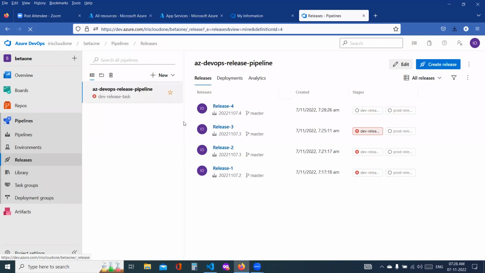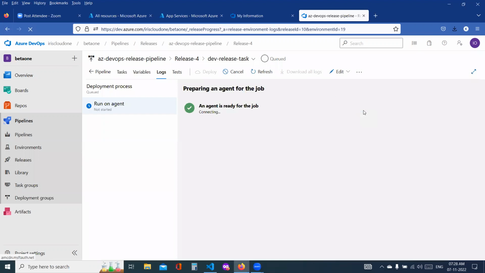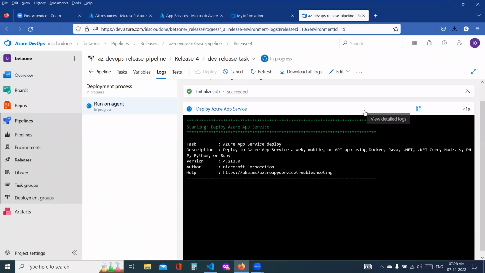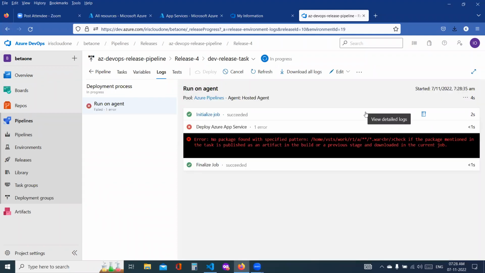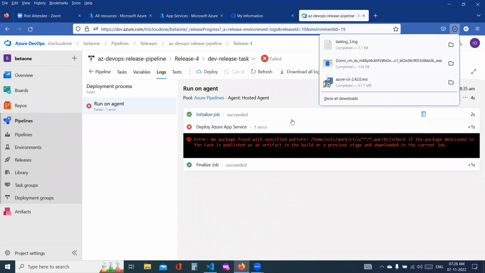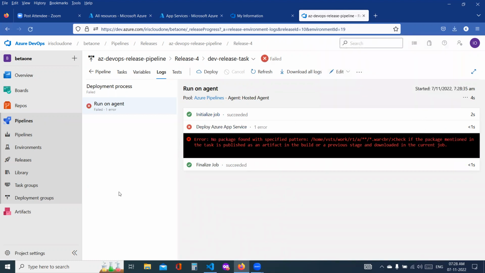Release pipeline. So it is trying to look for the log, or it is trying to look for the code from where it can pull this artifact. It is trying to pull that from that location, but it's not able to get to it. Okay. So participants,